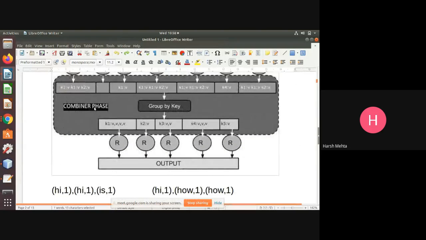For this mapper, we have one combiner, for this mapper one combiner, and like that. How many input splits do we have? Let's say we have 4 input splits. So how many mappers will we have? 4 mappers. And how many combiners will there be? 4 combiners. Very, very important.